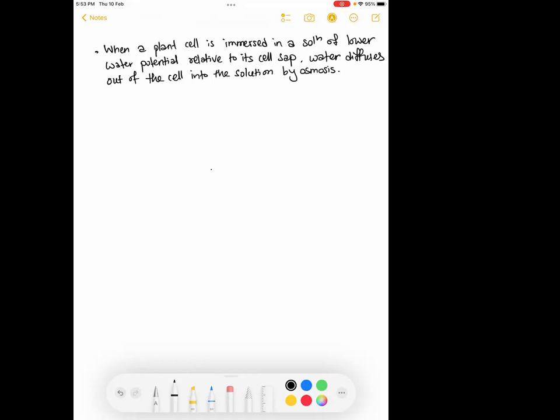The water basically diffuses out of the cell into the solution by osmosis. Now, what happens if that? What are the consequences? So obviously now the vacuole will shrink instead of expand, and obviously the cell won't exert any pressure on the cell wall. Now, the cell will become very limp or flaccid, in other words. So, if it is placed in a